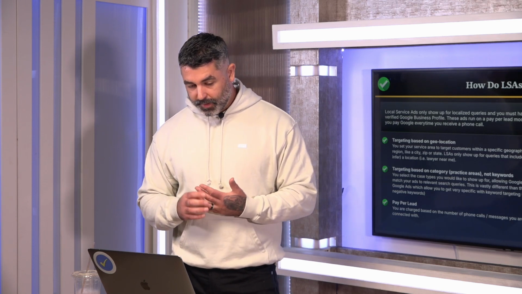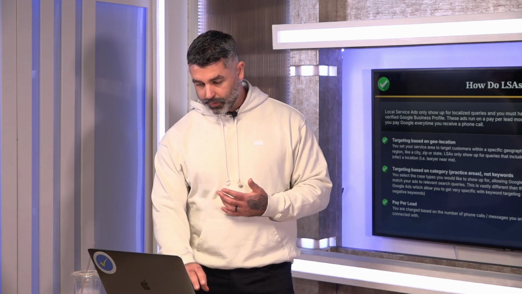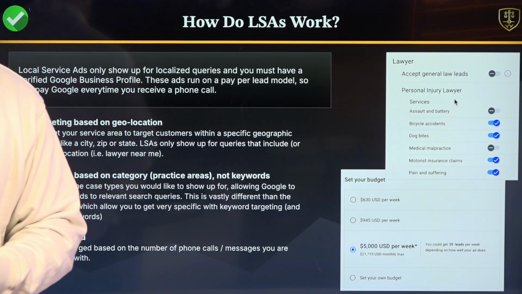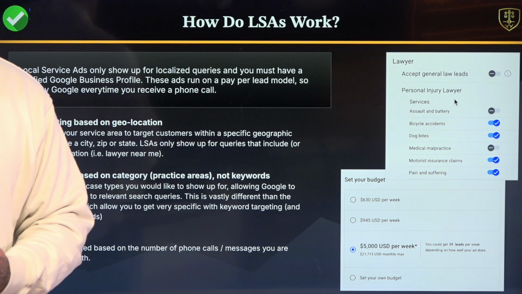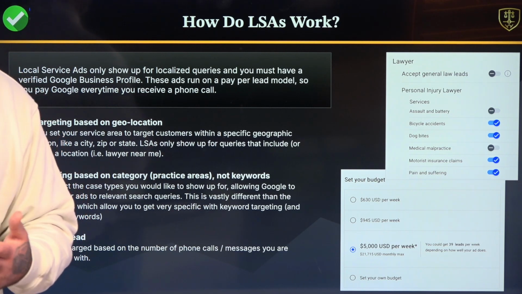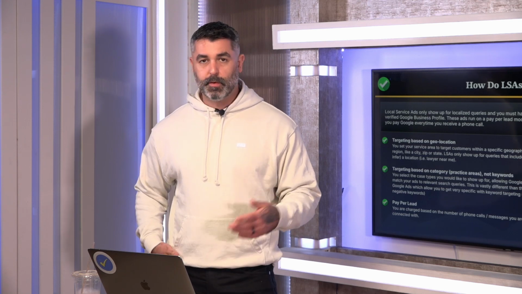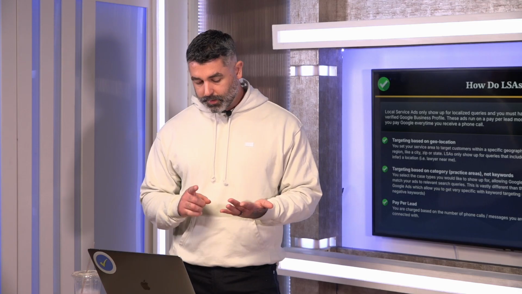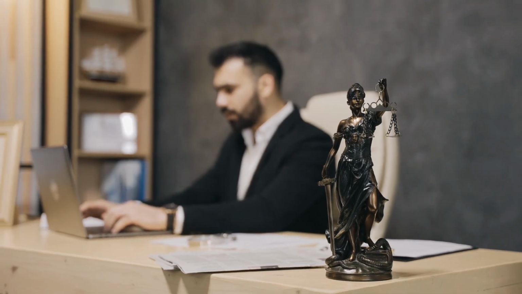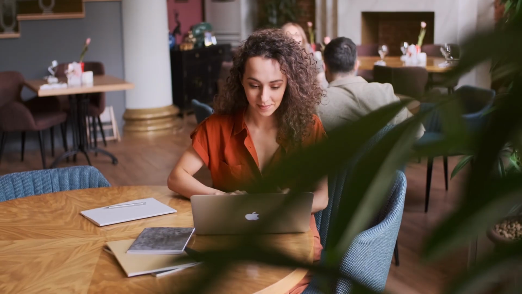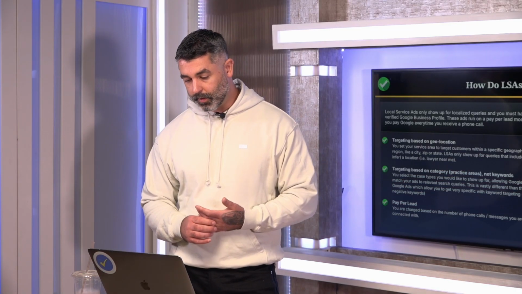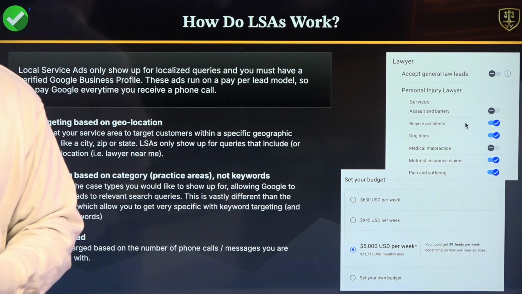The difference here and the challenge here, and you can see this little screenshot right here, is that targeting is based on category or practice areas, not keywords. So you basically go in the legal space, and Google's constantly adding more and more categories that you can target. Pretty much everything you can think of is already in there right now. We're in 2025. So you set up that you are a law firm, and then you set up the practice area. Within the practice area, like personal injury, there are all these different case types that you can turn on or turn off based on what you want to do.